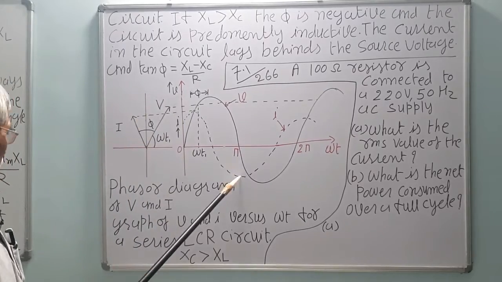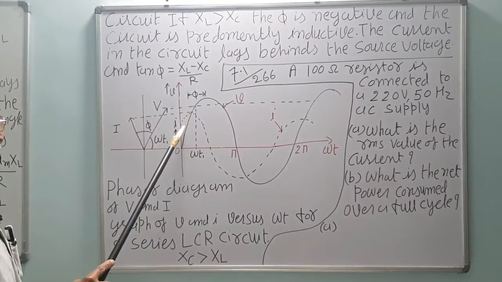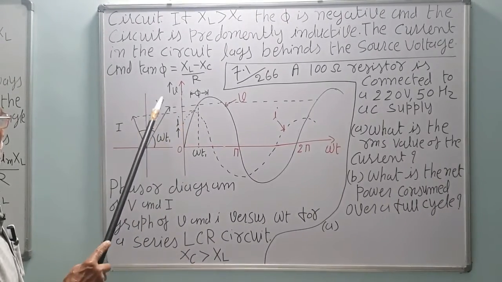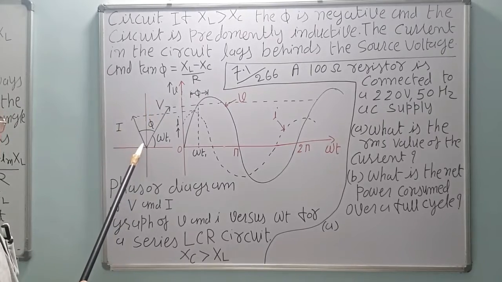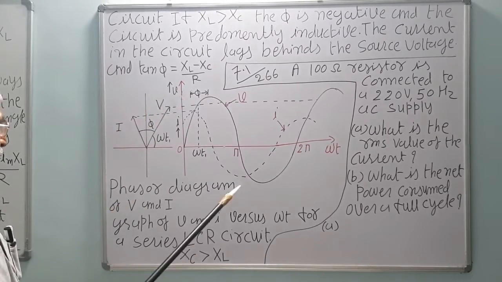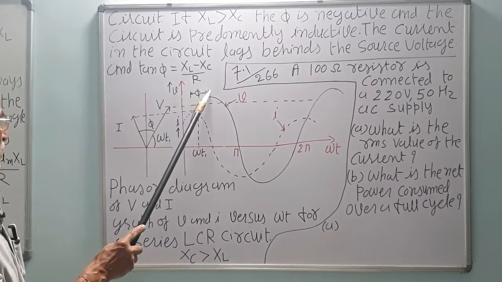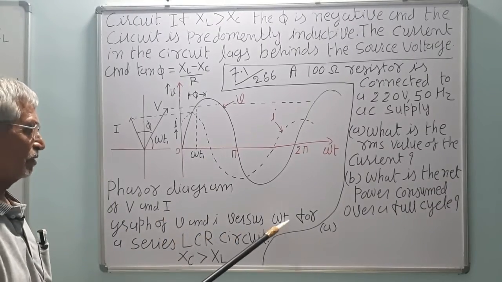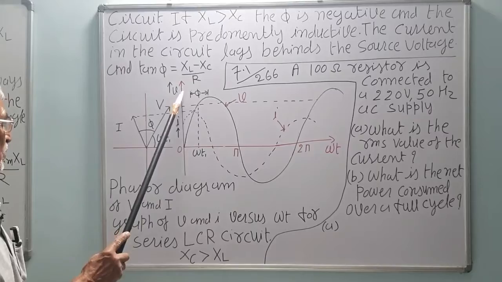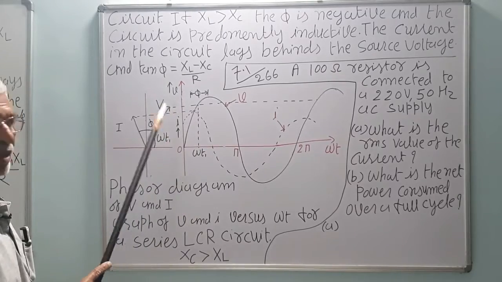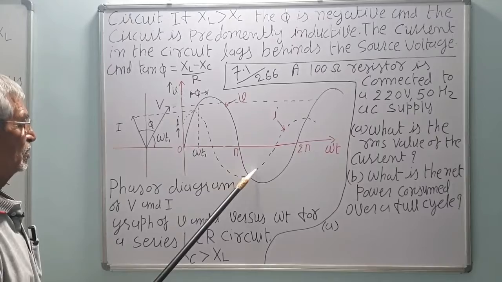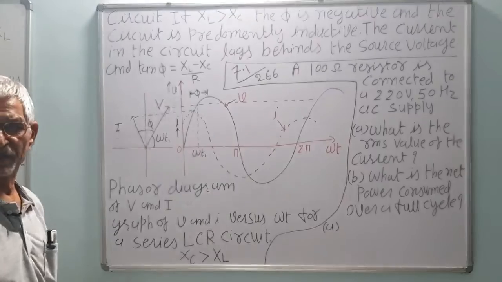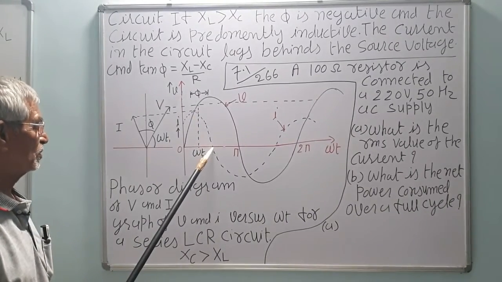Now these are the phasor diagrams of the current. You can see the current leads by, this is a capacitive circuit, leads by pi by 2. This angle phi between the V and the I, correct? This is a phasor diagram, this angle is phi, the phase difference. The phasor diagram of V and I. Graphs of V and I versus omega t. This is omega t and this is V or I. This is the current graph and this is the voltage graph. You can see the current is leading. It's a capacitive circuit. Current is leading by pi by 2.